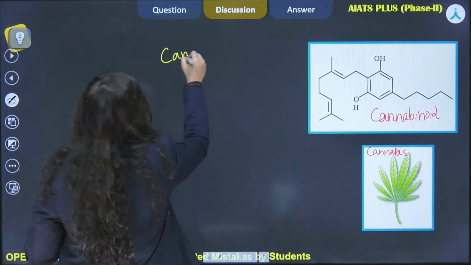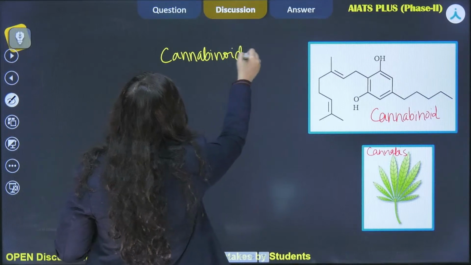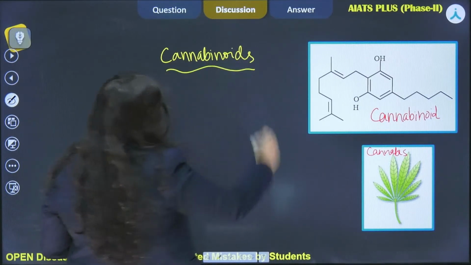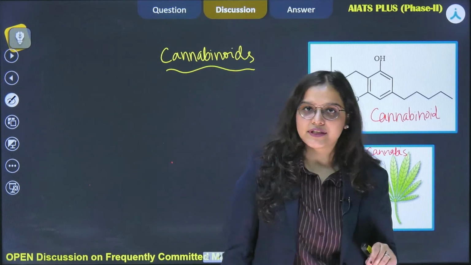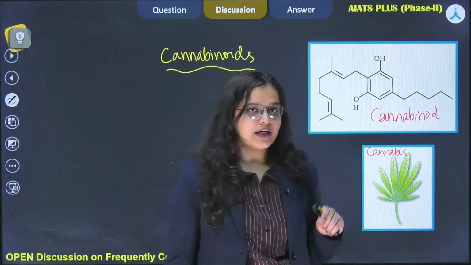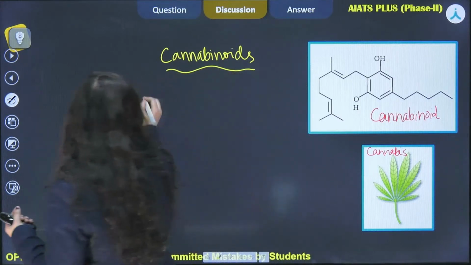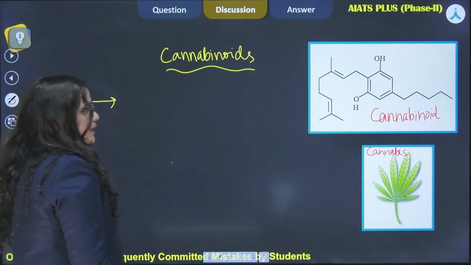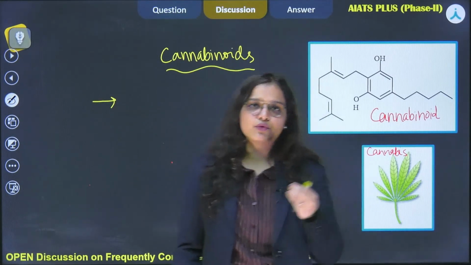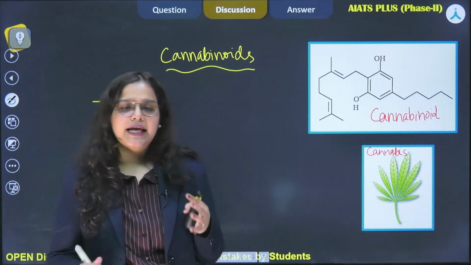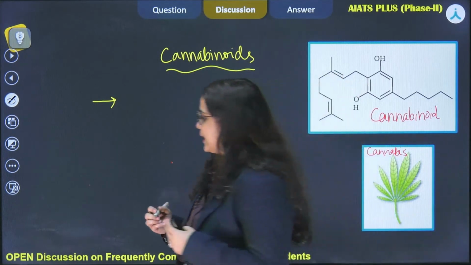So we are talking about the cannabinoids now. Cannabinoids are basically obtained from the inflorescence of the cannabis plant, which is known as Cannabis sativa, and we say that the leaf, flower top, the inflorescence involves most of the parts of the plant, and they can be used in various combinations to produce drugs like